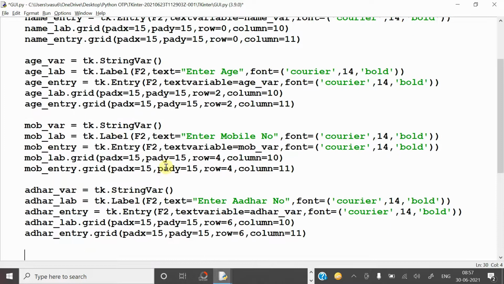For this, you have to create one calendar label. Simply write cal underscore label. What is the text to be displayed on the screen? That should be given here.